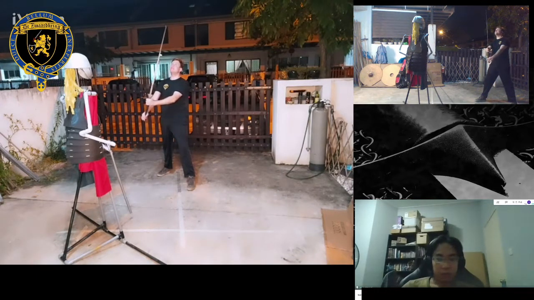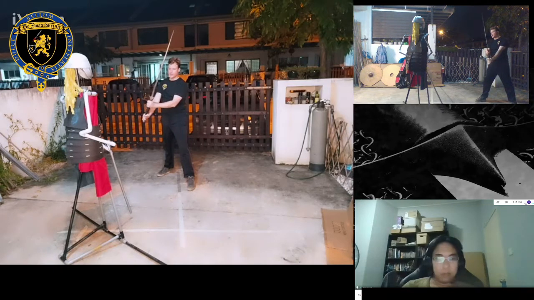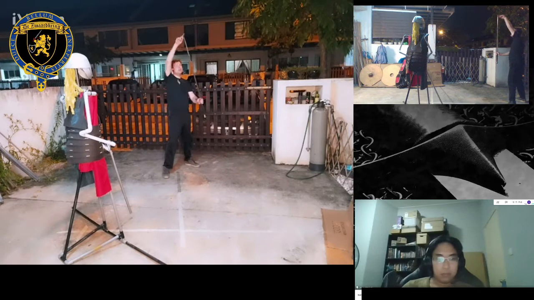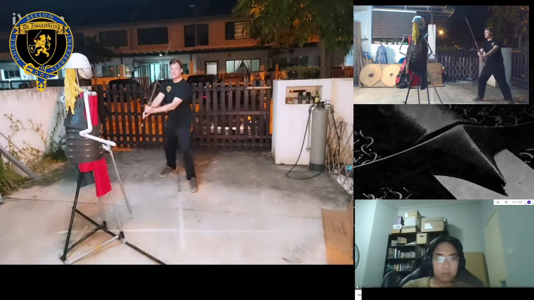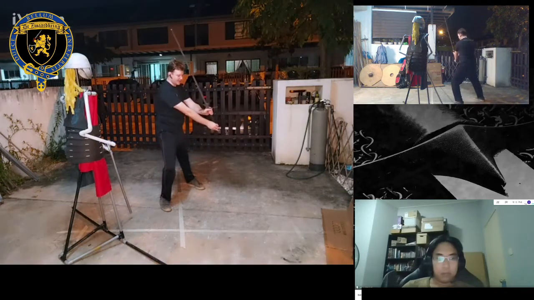How I learned this a long time ago is that I form a little roof, a little slanted roof above my head. And you can tell that the tip of my sword is more or less directly above my head. If I extend the line straight up from my head, you can tell that my tip is right above my head. And interestingly, when I move to defend over the other side, the tip is still directly over my head. So what that means is that when I shift my defense from left to right, the tip stays more or less in the same position. Here.